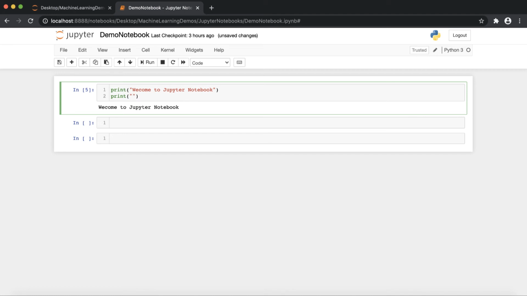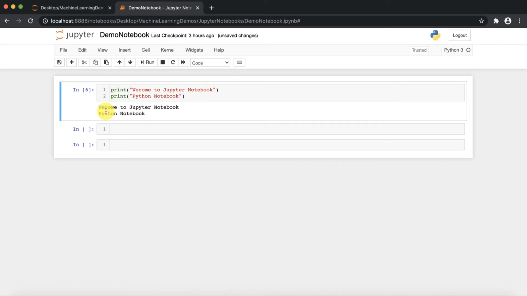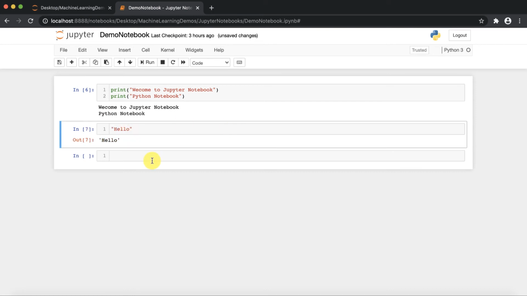print another line, then it is a Python notebook, right? So you can notice over here, these are line numbers 1 and 2. Okay, and if I execute it, then it is again interpreting it and again displaying the output, right? As this is interpreted mode, you can display the output like this also. There is no difference between this, right? Either you write this or you write this, both are the same.